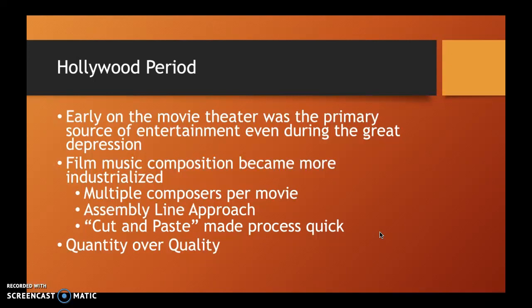If something was fast, it would just be a fast little thing, or if something was sad, you had somebody specifically there composing sad music, or if something happy was happening, then a specific happy composer would be there to plug that in. And this was because it was really important to have quantity over quality of music, because there were so many films being made during this time.